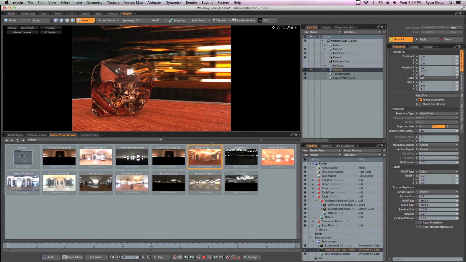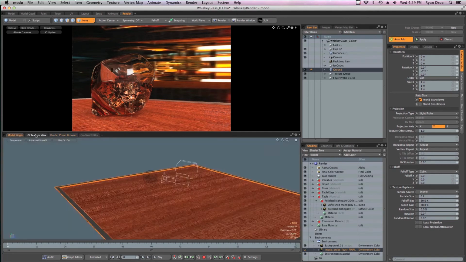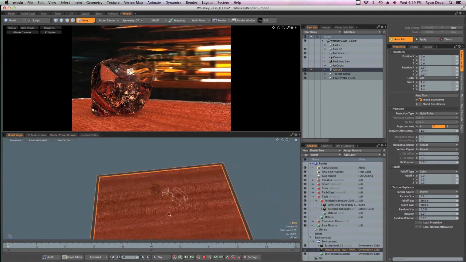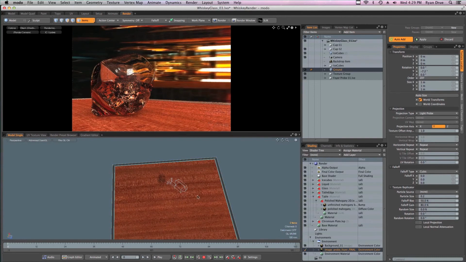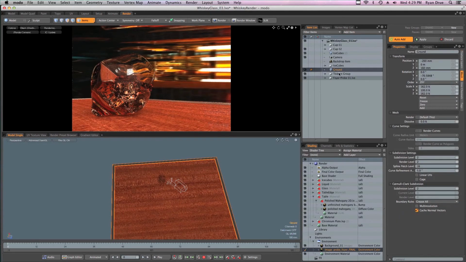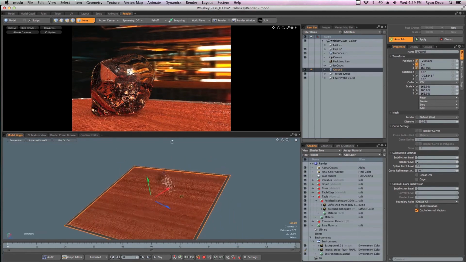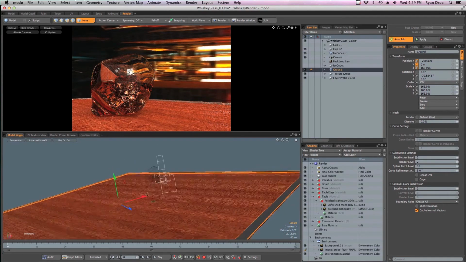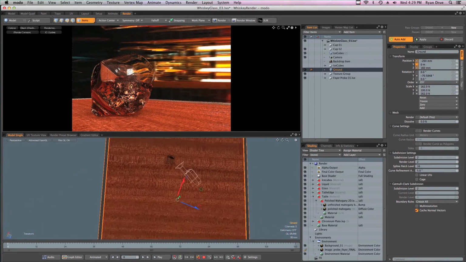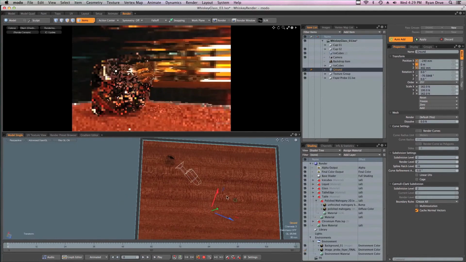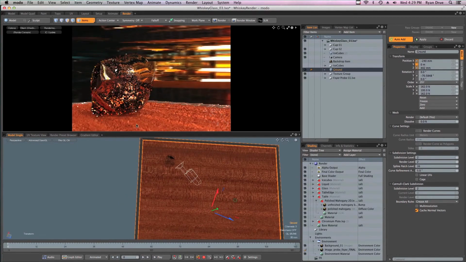Now, one thing I'm noticing that I'm not quite loving is this big sort of hard refracted part here. And that's actually coming from the table itself. At least that's my guess. So I'm going to come to the table, select it in item mode, or just come here to the item list and grab it. Let's go remove tool. And I think it's just too far back here. If we look through our camera, we're just sort of seeing some of this back end of the table. I'm not quite loving it. So I'm just going to start kind of playing. Look at that. As soon as I pulled it closer to the frame, now we're no longer seeing that refracted